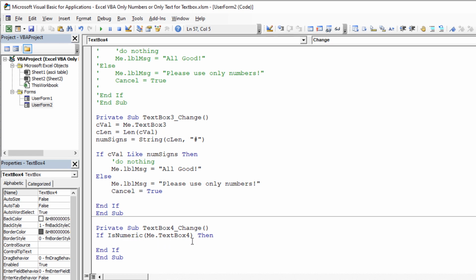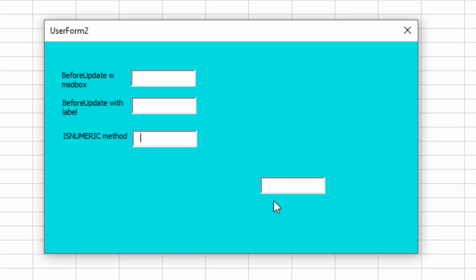I'll show you why. So we're going to say is the text box contents of TextBox 4 numeric, then me.lbl message for the numeric function equals all good, and you've seen it all before, so I'll speed through this really quick, and I'll say else, so it's not numeric, me.lbl message numeric equals, please only use numbers. And I'll paste that there. So, whoops. Let's go ahead and run this. So I'm going to click here. I'm going to type 1, 2, 3. If I do A, B, C, okay, I'm not really typing what I said, but it is working just the